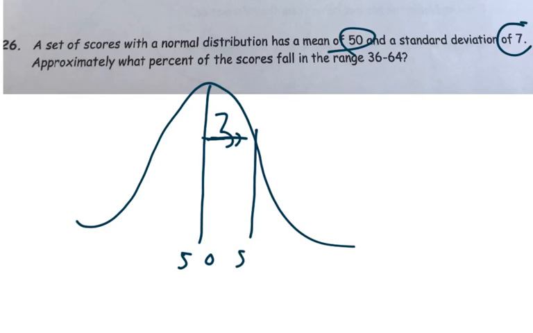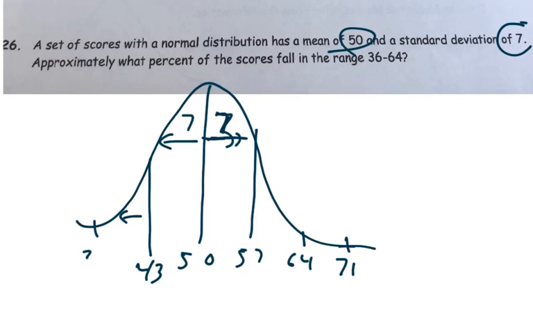So again, I could start counting by 7: 57, 64, 71. If I count backwards from the mean, that would be 43, 36, and 29. Now, to answer this question, they want to know what percent of the scores fall between 36